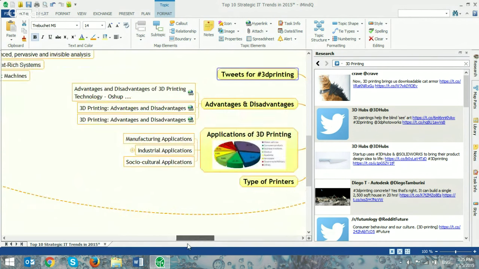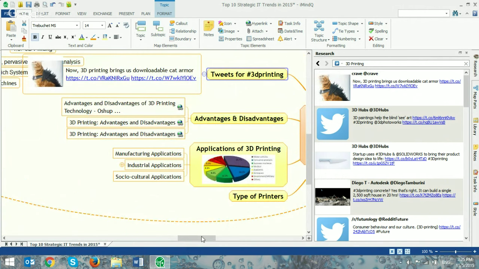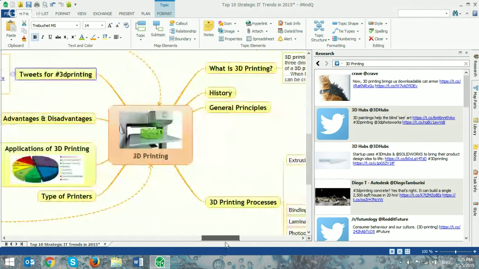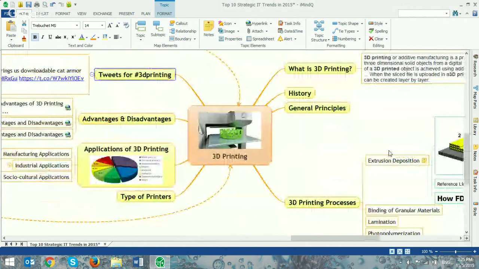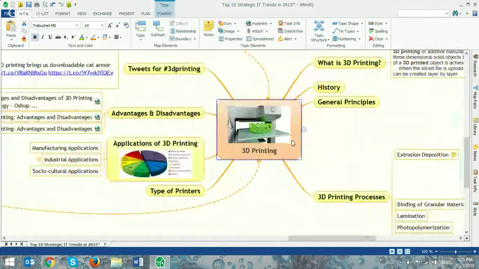I can drag and drop the desired tweets directly to this branch by simply selecting the tweet and dropping the desired information to the topic. So this is a very useful manner in which to generate online available knowledge for different